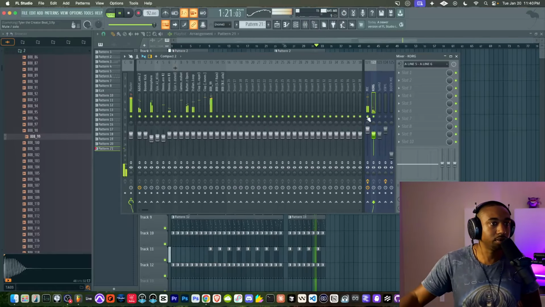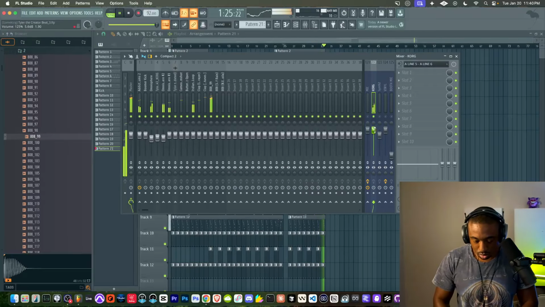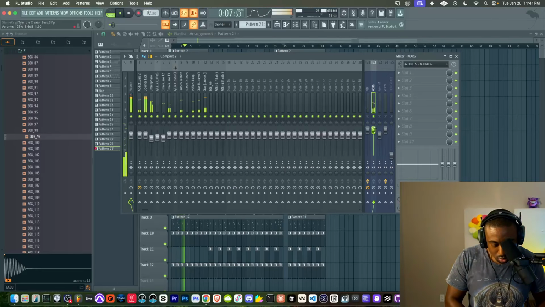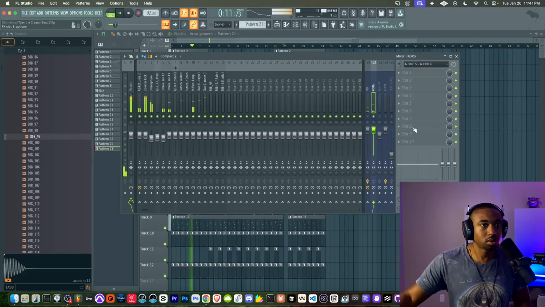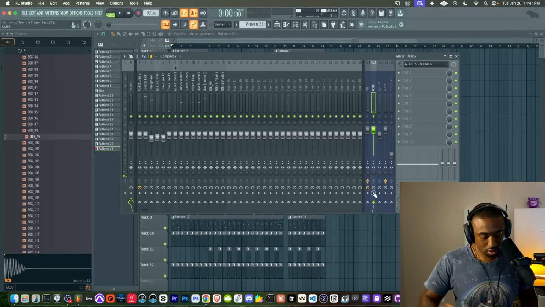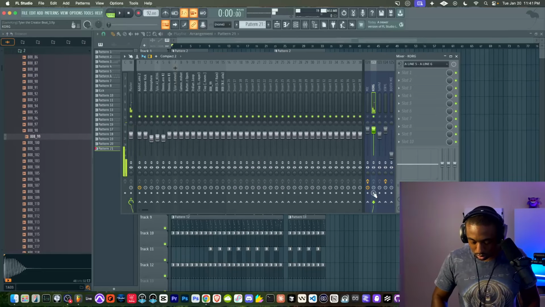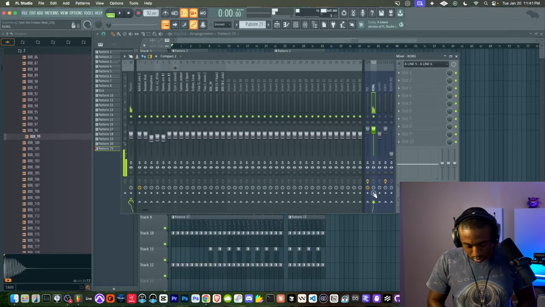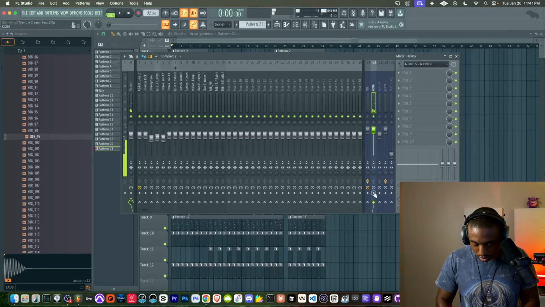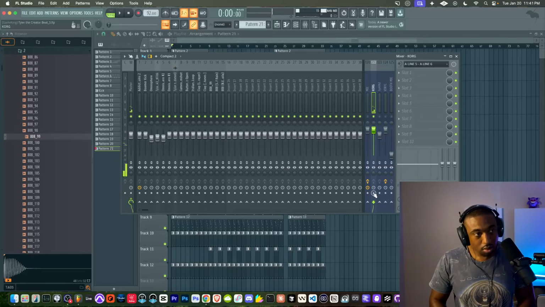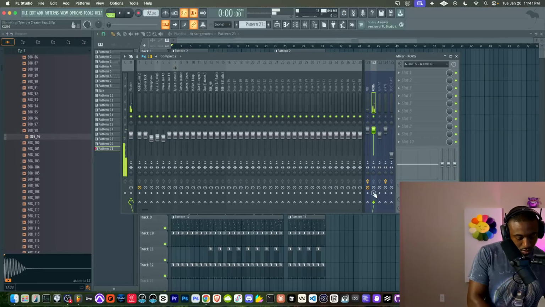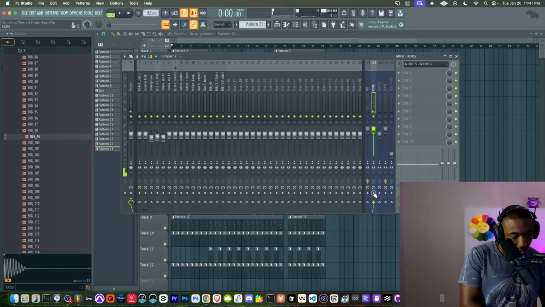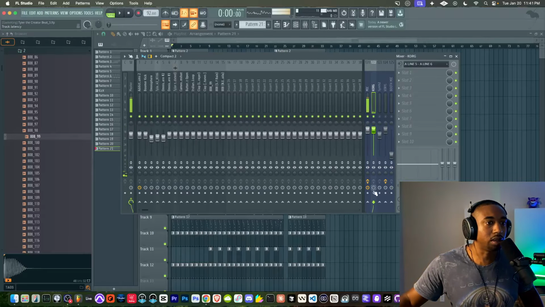All right, so I found a Brazilian percussion kit here. All right, so now we're adding this percussive rhythm on top.